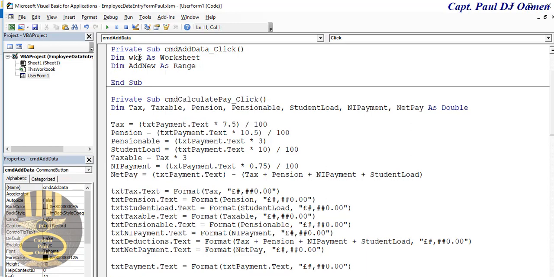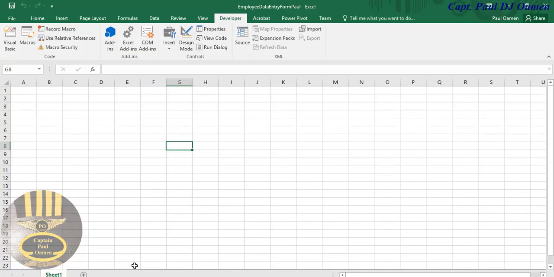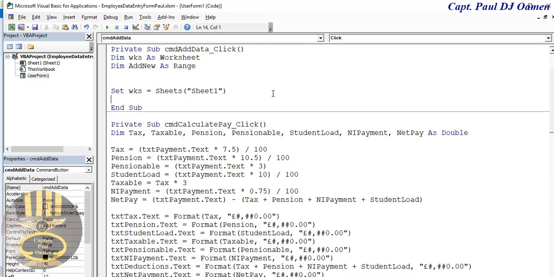And now let's say set worksheet. That would be my very first sheet here. This one, sheet number 1. This one right here. Okay. Now sheet 1 itself is going to have the following name, because I haven't changed the name, so it's called sheet 1 as you guys saw earlier. Close that. Now let's say set add new